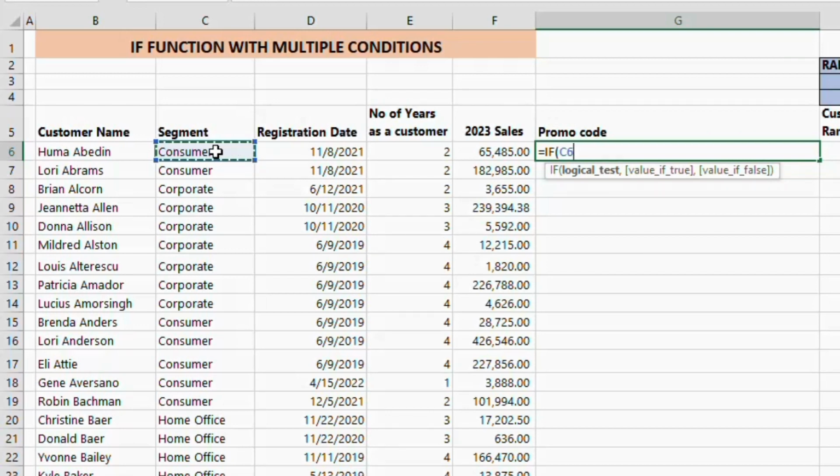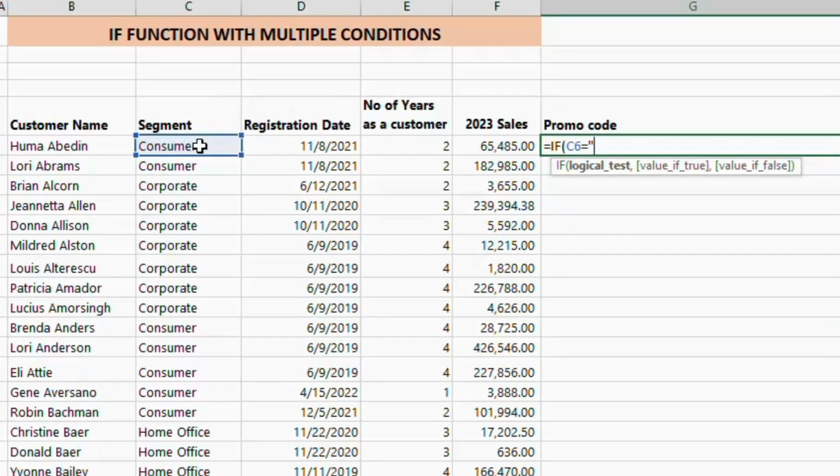And basically what we are saying is that if this particular customer is a corporate customer, then yes, they are eligible for the codes, otherwise they are not. Because corporate is a text, then we'll put it in quotation marks. That is, what we are saying is if cell C6 equals corporate, we'll put a comma, then